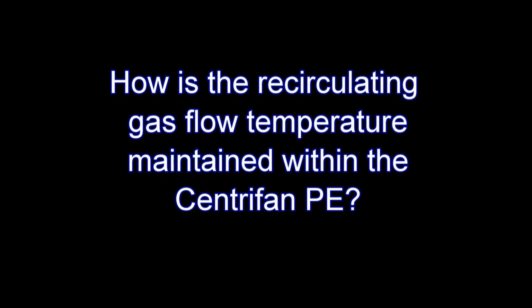How is the recirculating gas flow temperature maintained within the Centrifan PE? The temperature in the Centrifan PE is controlled by this front panel device. This is a temperature controller. It's only a heating controller, so the temperature in the Centrifan PE works from ambient up to 55 degrees C